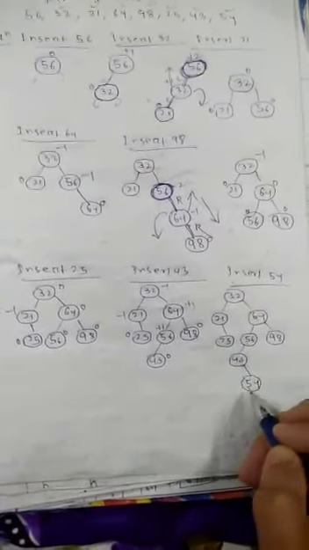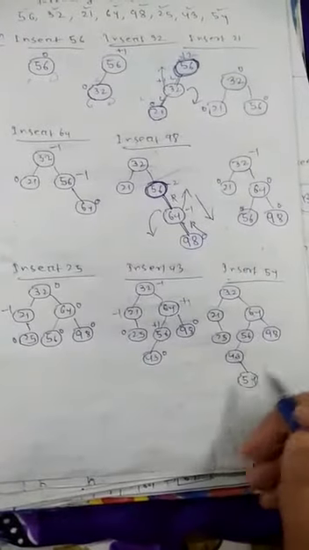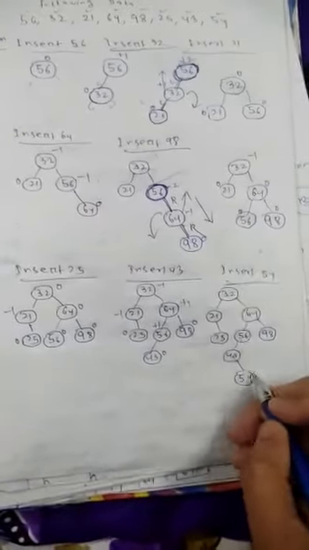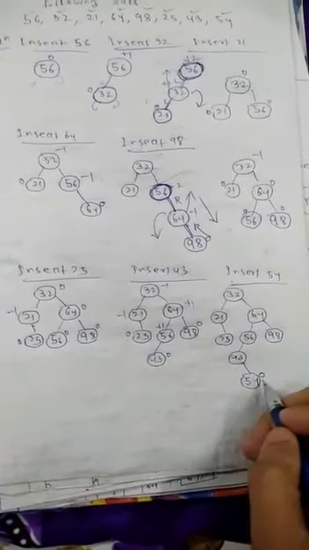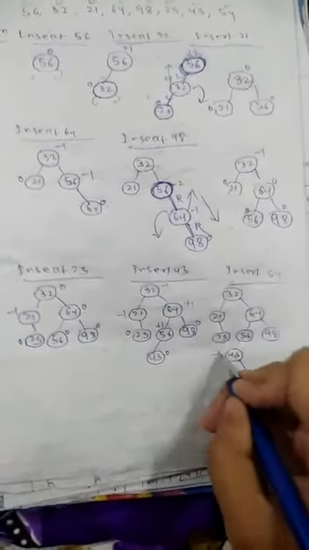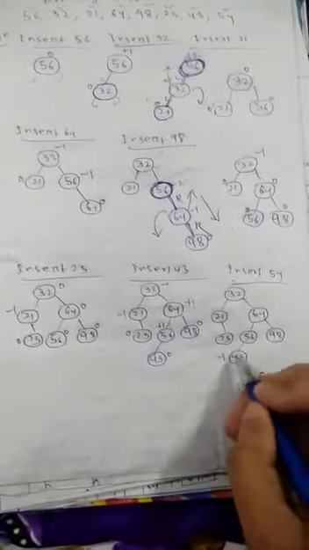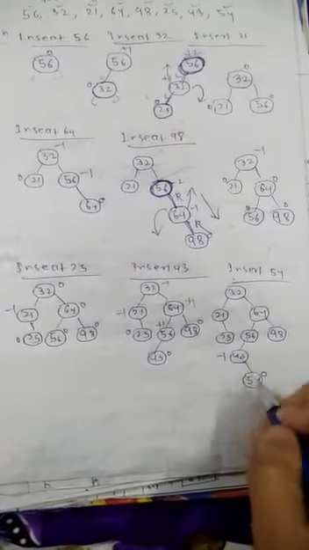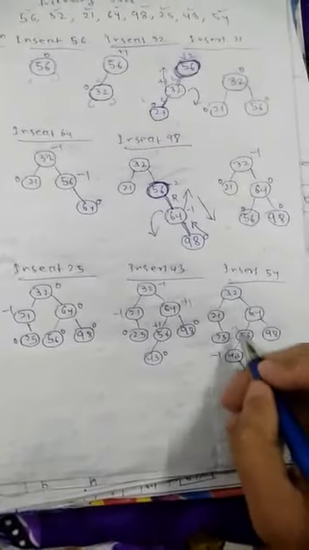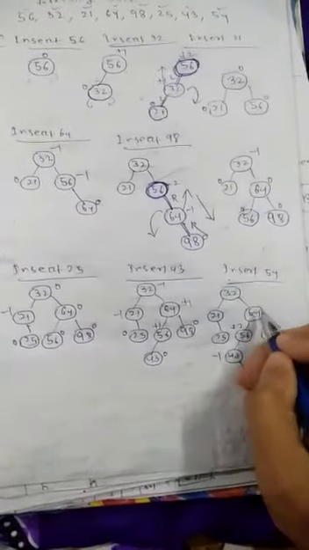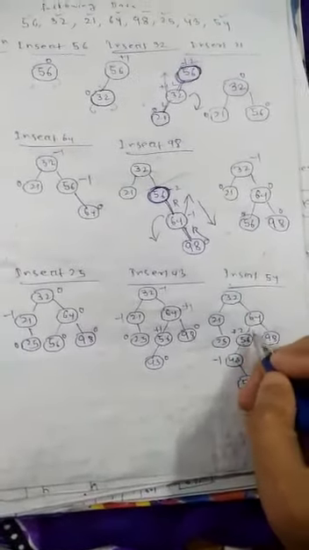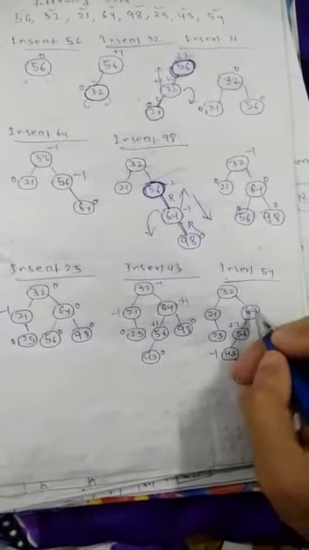Okay, so after insertion of the 54, we check the balance factor starting from the newly inserted node. This is 0. Okay, for this 0 minus 1, 0 minus 1, this is minus 1. For 56, left side height is 2, and right side 0. So this is your what? Plus 2. Okay, if we here also calculate, that is 1 2 3 minus 1, also plus 2.